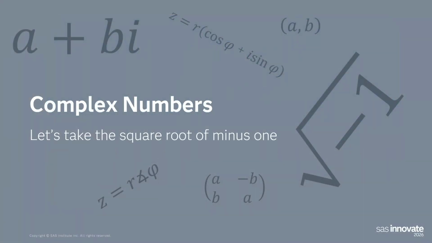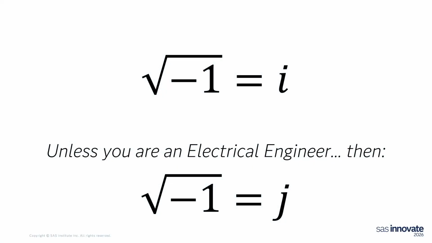Let's look at complex numbers and focus in on that. What exactly do we mean by complex numbers? If you're not familiar with the term, we're talking about the square root of -1, the square root of negative numbers, which your high school math teacher said you can't do, except for when they say, yeah, you can, we can do it with complex numbers. We like to express the answer to the question, what is the square root of -1, with the letter i. That represents the imaginary number. Unless you're an electrical engineer, and then it's j, because they use i for current, so it doesn't make sense. So that's how we're going to work with it from here.